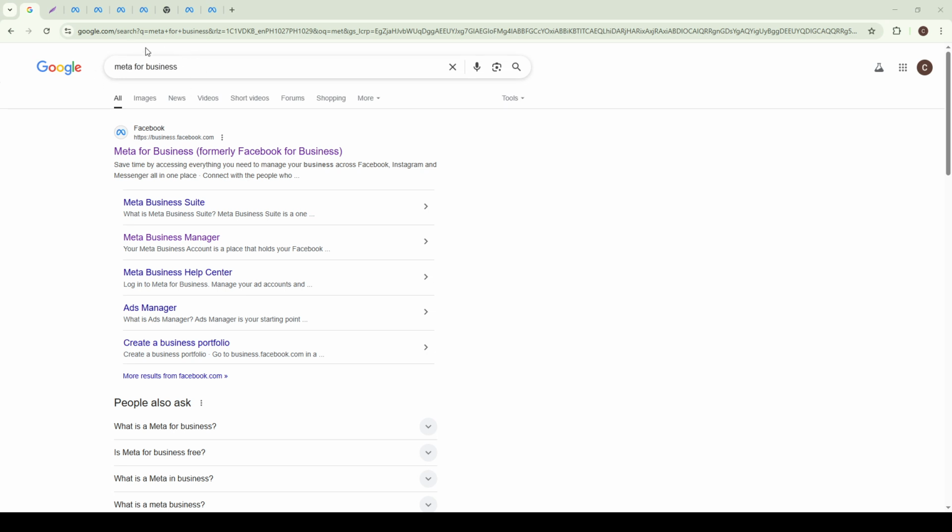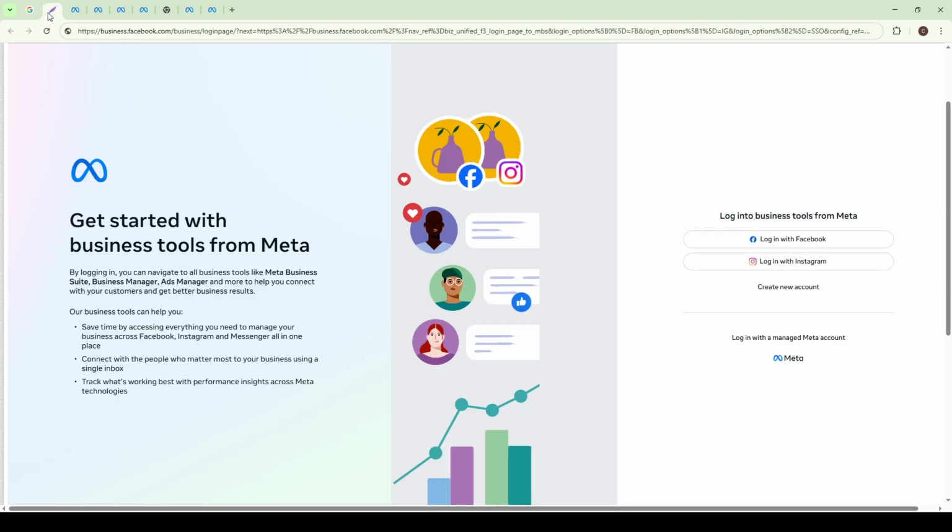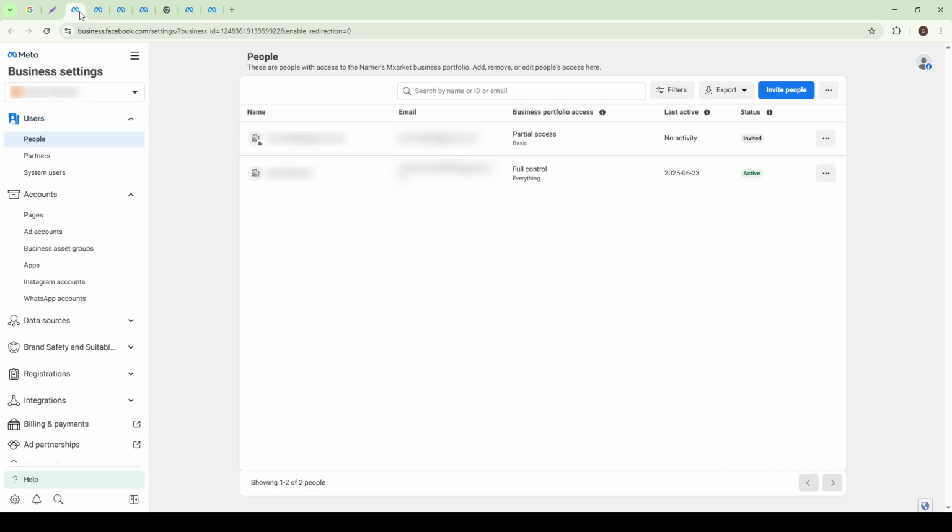This is your gateway to accessing the tools Meta provides for managing business accounts and pages. Once you've found the Meta for Business homepage, go ahead and log in. You have the flexibility to log in using several methods like your email, Facebook, or Instagram account, depending on your preference and existing accounts. After successfully logging in, direct your attention to the left-hand side of your screen, where you